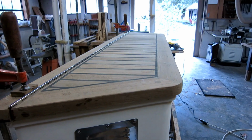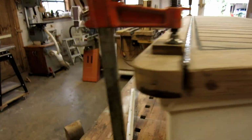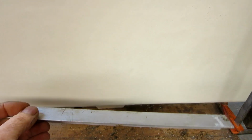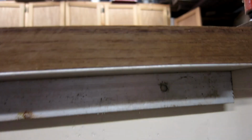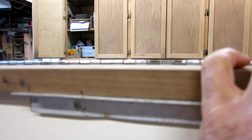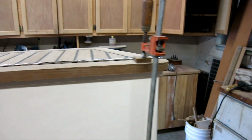The top is working really well. I have it clamped in place and everything is good, but I don't have a way to fasten it. So I'm going to take these aluminum angles and rip them on the table saw, where I can probably through bolt them to here, through here, because this is thick and heavy, and then try to get some vertical screws up into the teak. That way the top will be removable come refinishing time. I'll probably put one on each end, and I need to hit the top with the roundover bit